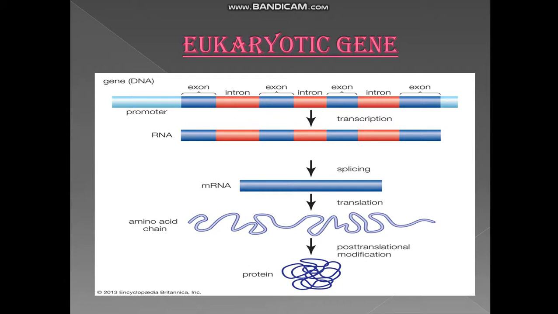The introns are just stabilizing these exons so that they are not eaten up by any endonuclease activity. They are actually protecting the exons. Whenever you study a eukaryotic gene segment, you will come across this kind of structure, where the exons are the coding regions, the gene which has to be transcribed or translated. That particular gene is interrupted, having certain sequences in between, which we call introns.